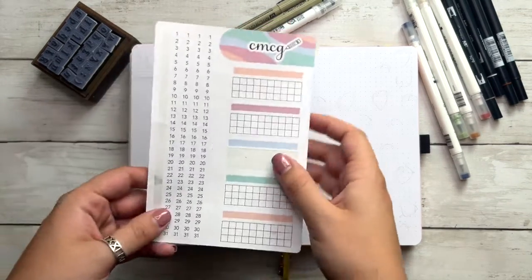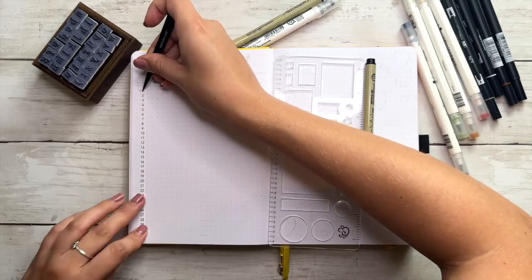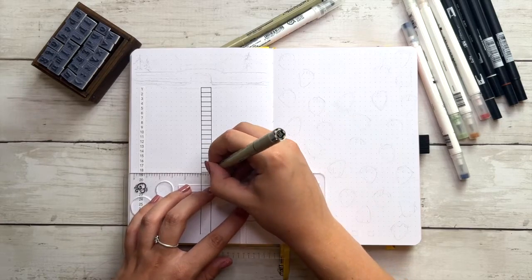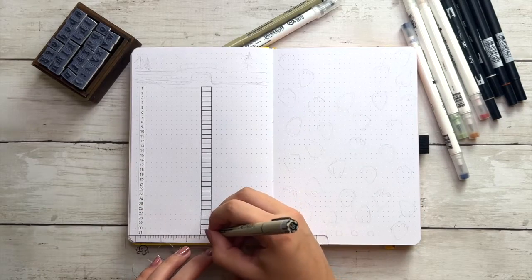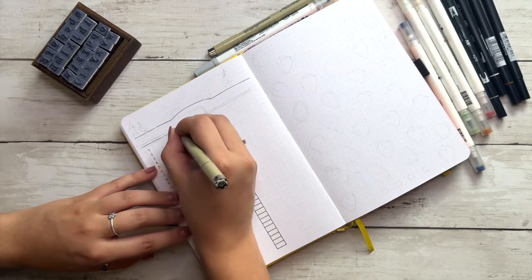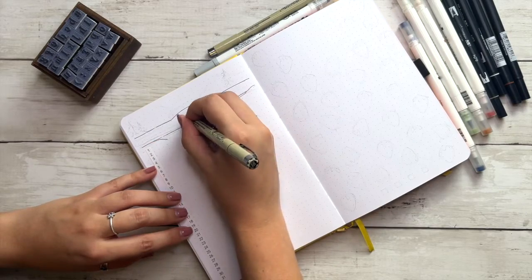So I'm starting out with my stress and health log, and usually this page is super boring because I honestly just make a 2-column spread to write one thing I'm stressed about each day if I am stressed about anything. And the other side is for any health concerns or anything that's out of the ordinary for my body or anything like that. But this time I am adding the bridge that I drive over to get to my main